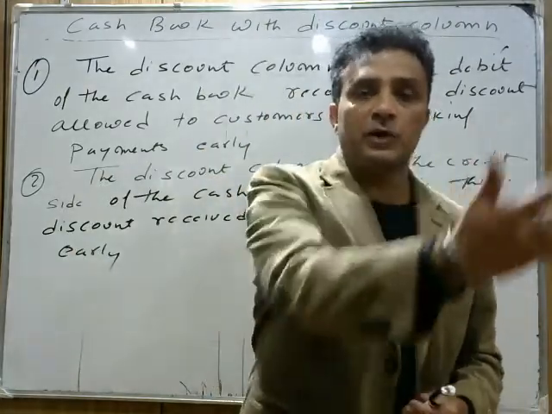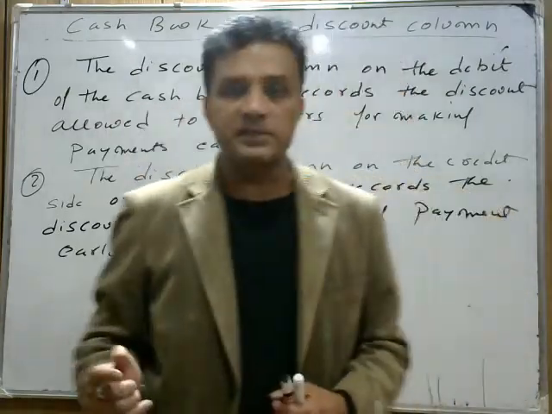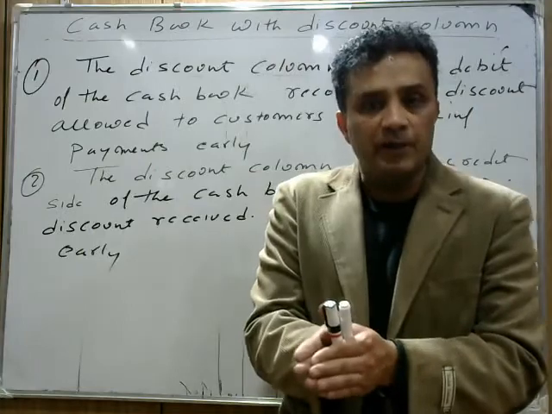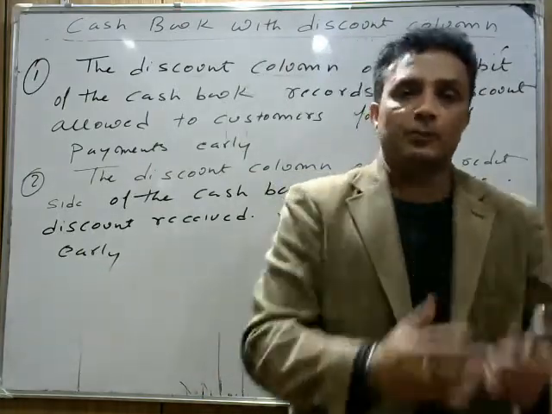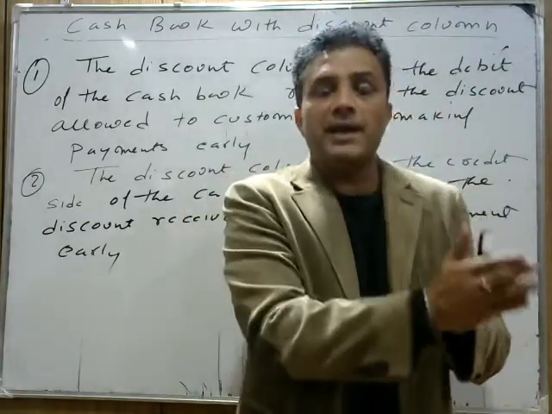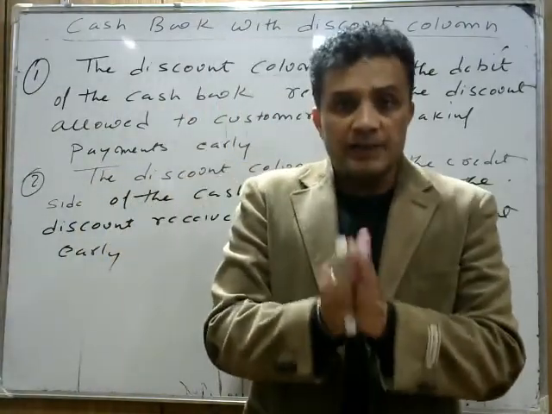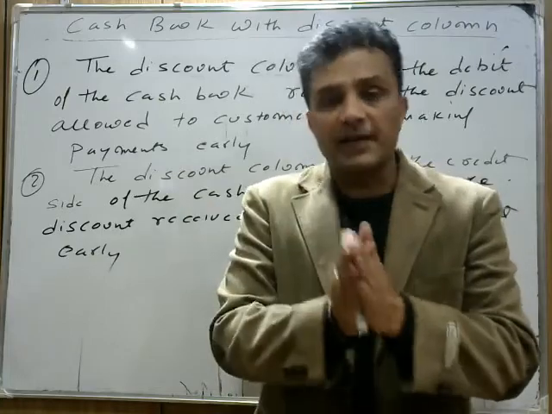Suppose you have to pay 50,000 rupees to your creditors, and you promise him to pay after 4 months. But if he says that if you make the payment within a week, not after 4 months, you have to pay only 45,000 rupees. It means he gives you a discount of 5,000 rupees. You have to pay less. It means it's an income for you. Discount is nominal. It's an income for us. So all incomes are credited.